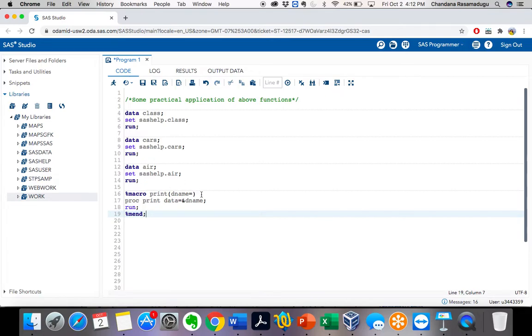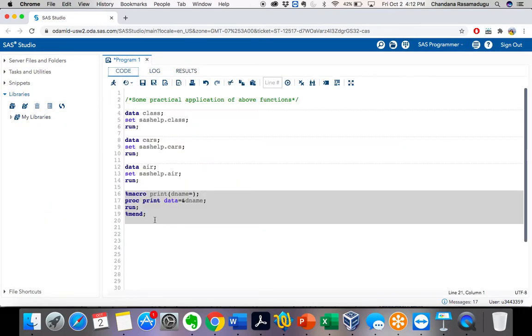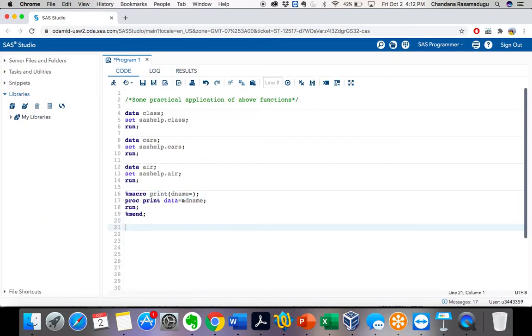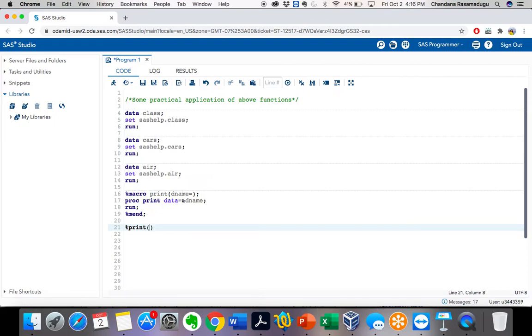Now I have created a macro. Let's execute this first. Now apply this macro: %print is my macro name here. In the parenthesis take dname= and now I want to print sashelp.class. Let's execute this now.